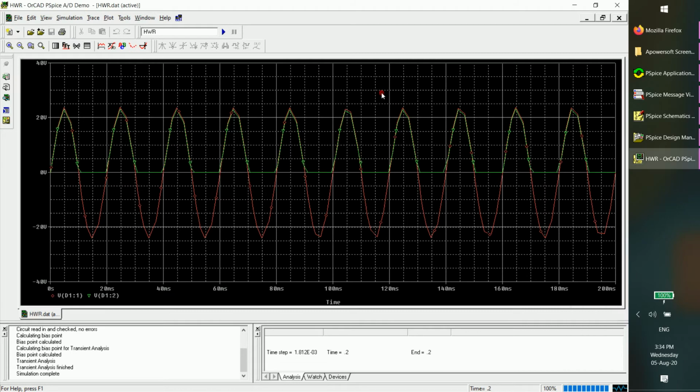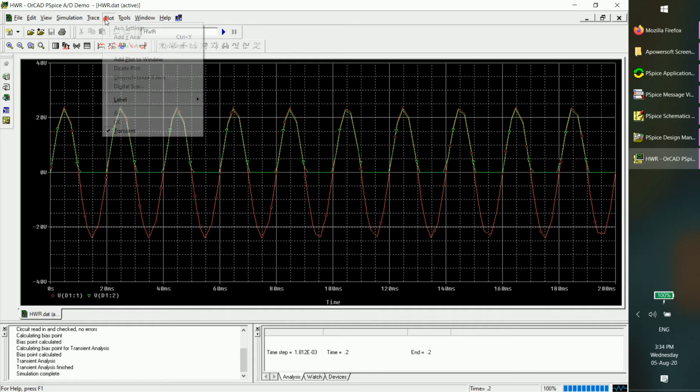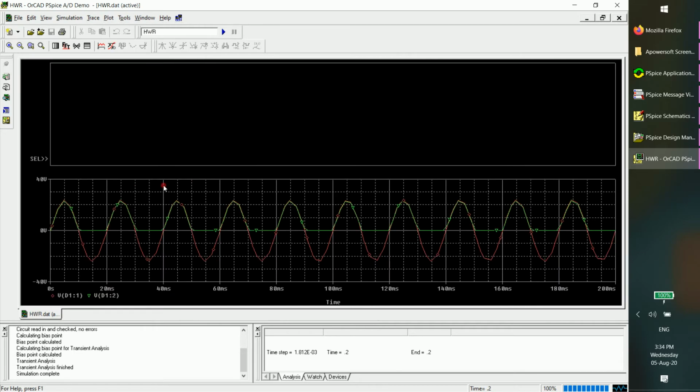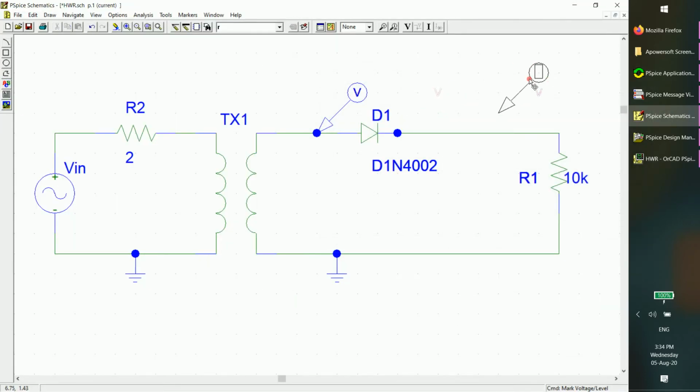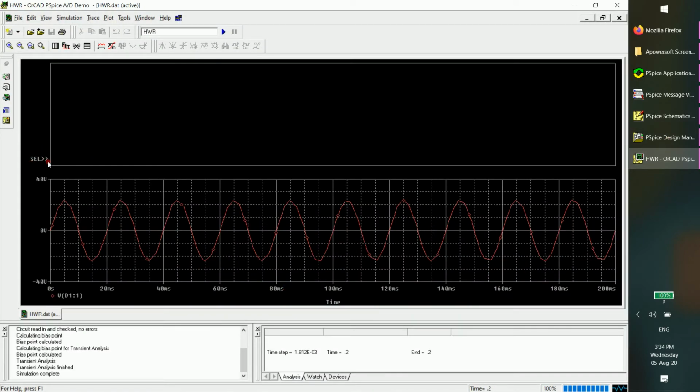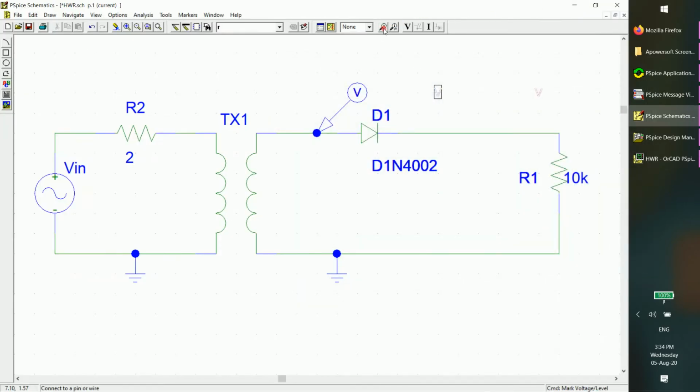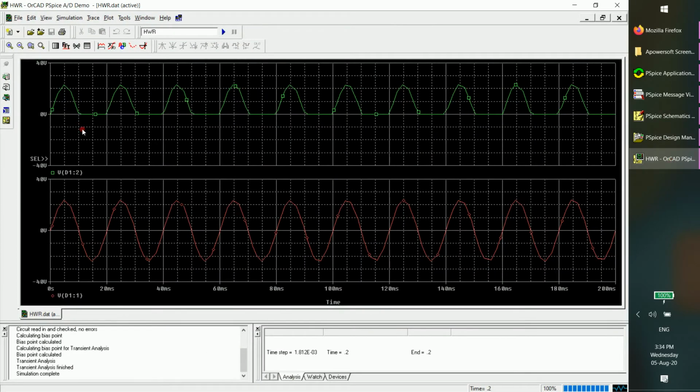Fine. Now if you want to see this in a different window, what you can do is add a plot, add plot to window. Okay, let me delete the output and pick the marker and put it one more time. Okay, it's not working. Let me delete this. Yes, this window is being selected. Here I want to see the output, so let me minimize, pull out a voltage marker, and put it here. Okay, right click, go back to the window, just look at here.